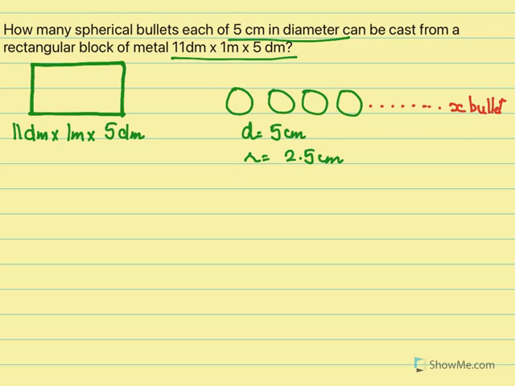To start with, you have noticed that we have different units: decimeter, meter, decimeter, and centimeter. So we've got to decide on one unit, and we'll all work in centimeter. So we've got to convert all the units into centimeter. So 11 decimeter will be 110 centimeter, 1 meter will be 100 centimeter, and 5 decimeters will be 50 centimeter. And all the metal present in the rectangular block is now converted into